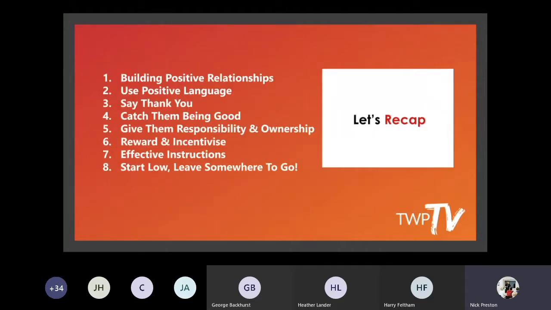So recapping, and then we're going to open it up. Make sure you build your positive relationships with the group. It's really important that you know their names. It's really important that you know their hobbies, their interests. Why are they there? If it's a PE lesson, we know why they're there, because they're in school. If it's a holiday club, why are they there? Get down. Why are they there with their brother and sister, but they don't want to be in the same group? Let's try and work that out, let's break that down, and let's work with those relationships. Get to know parents. Get to know the other teachers.